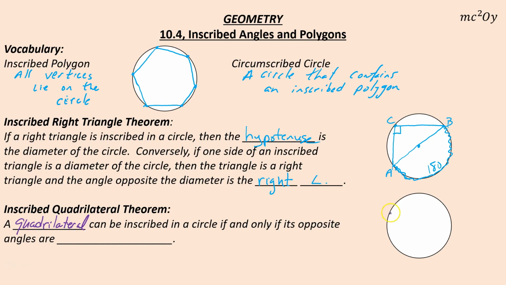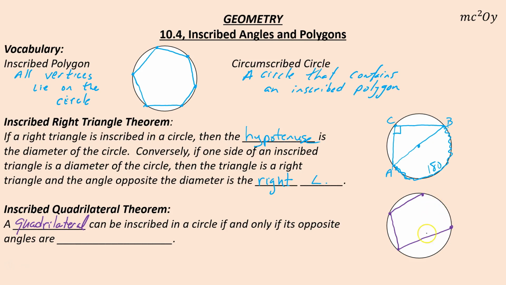Let's go ahead and do that. So 1, 2, 3, and 4. I'm going to try not to make what looks like a square or rectangle. There we go. It can be inscribed in a circle if and only if its opposite angles are, well,